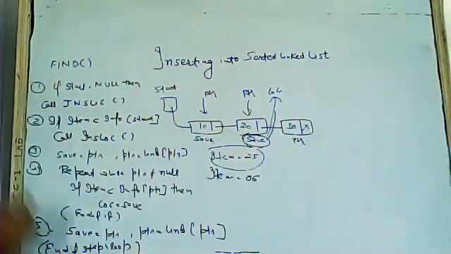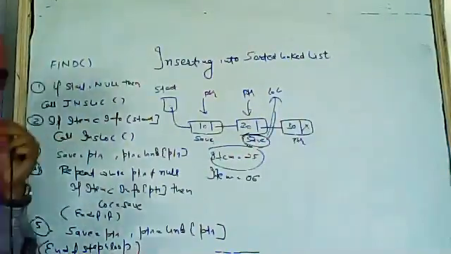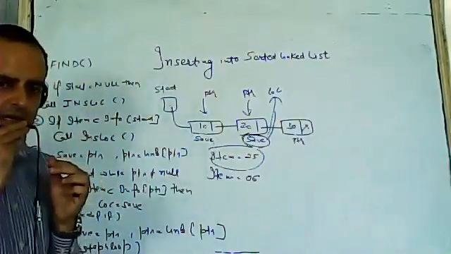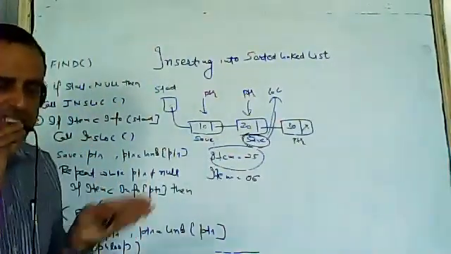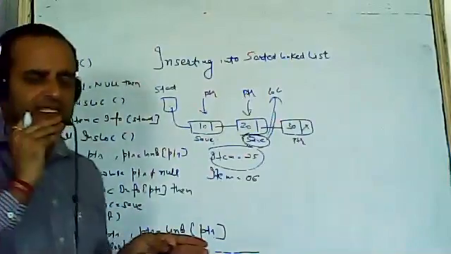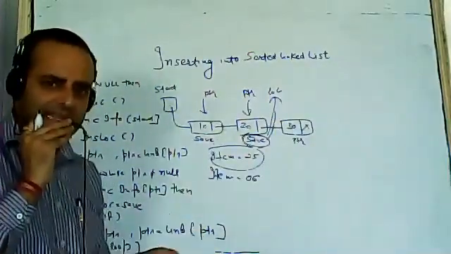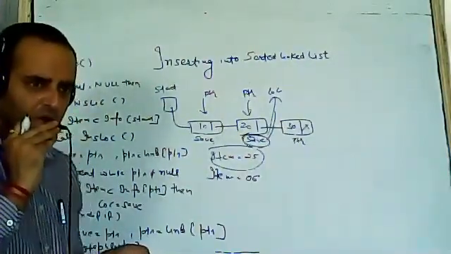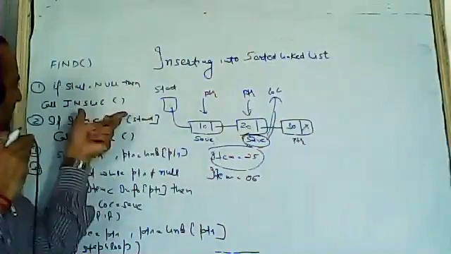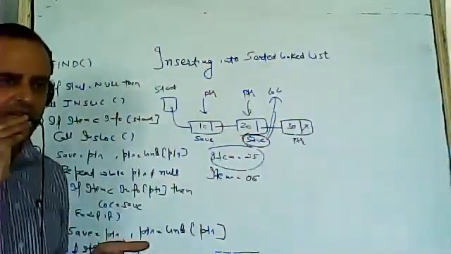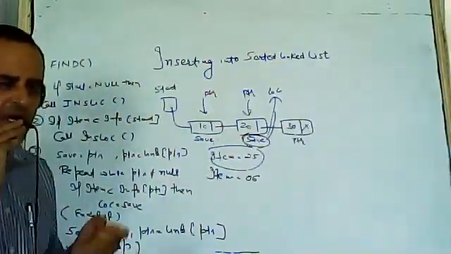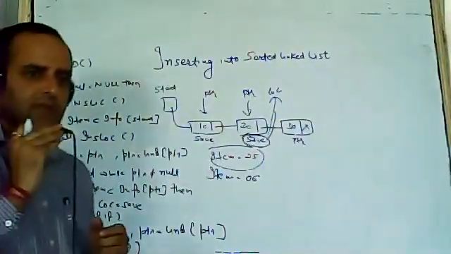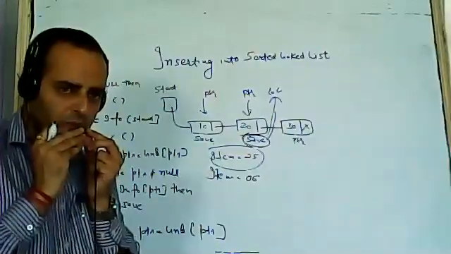Should we take this algorithm? First step is clear. If start is null, we will be inserting at the beginning. Start is null means there is no node in the linked list, and the node we insert will be inserted at the beginning. So if start is null, we insert at the location because we know the insertion location algorithm: if location does not exist, it will insert at the start.